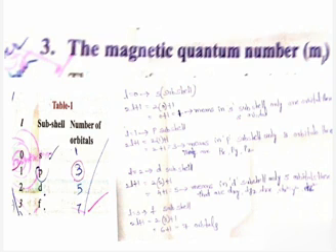Fill table 1 with the number of orbitals per subshell by the 2L plus 1 rule. In the S subshell, only 1 orbital is there, that is S. In the P subshell, only 3 orbitals are there, Px, Py, Pz. In the D subshell, 5 orbitals are there: dxy, dyz, dzx, dx square minus y square, dz square. The F subshell has 7 orbitals. Here S orbitals are spherical in shape, P orbitals are dumbbell shaped, and D orbitals are double dumbbell shaped. And we will discuss about the